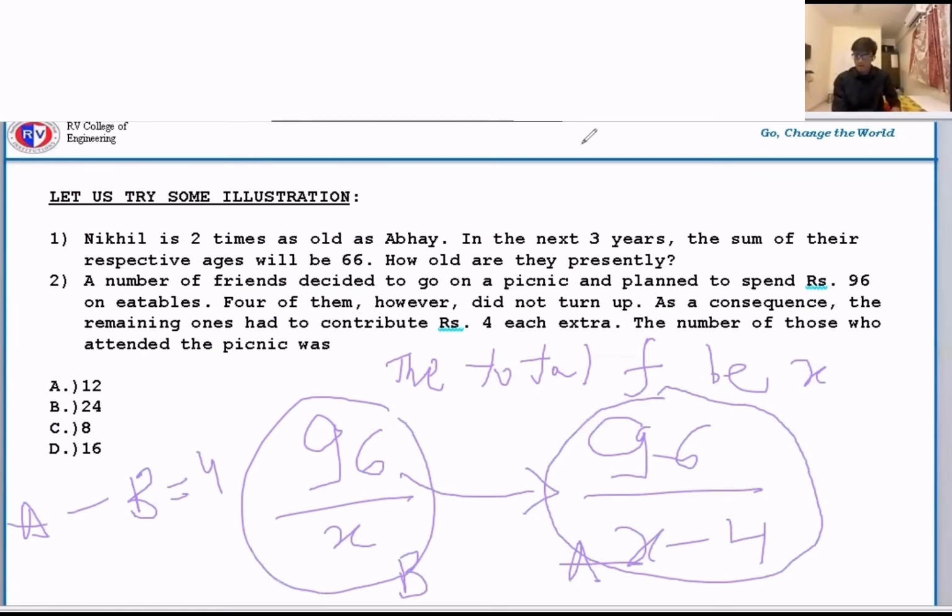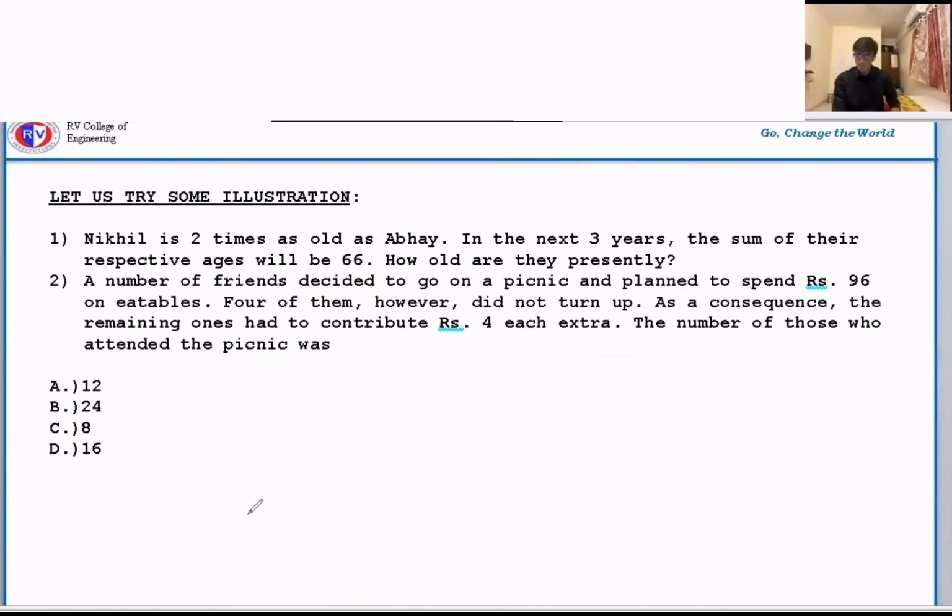So I'll make some space over here. So if I do this, 96 upon x minus 4 minus 96 by x is equal to 4, I'll be getting an equation like